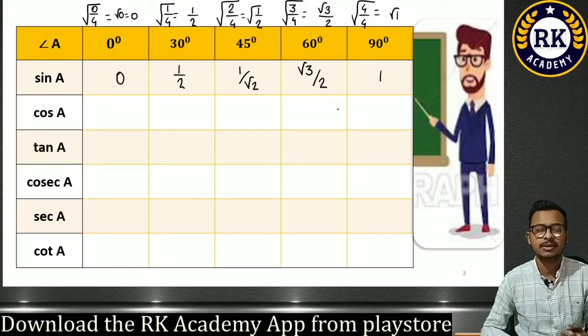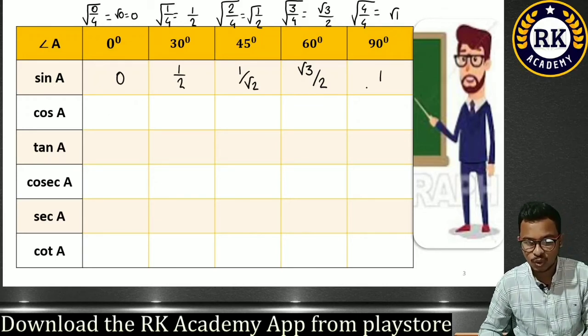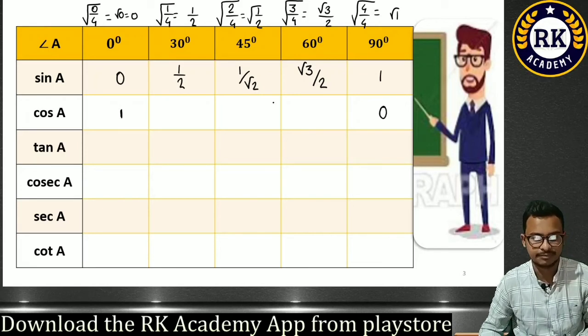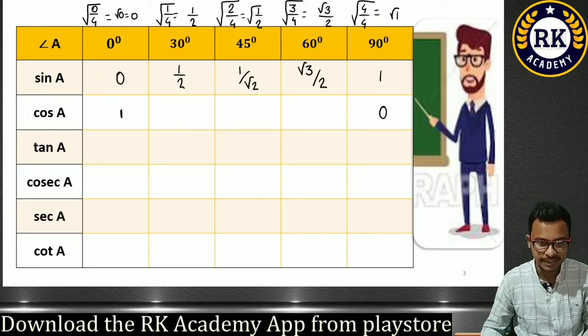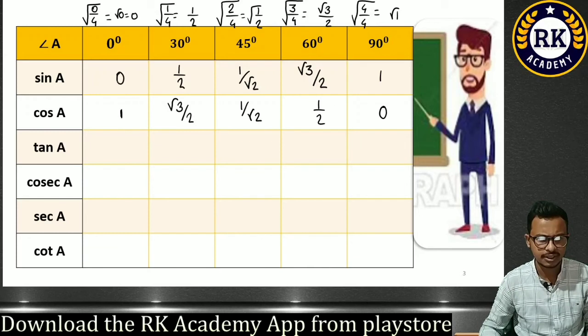Now you are done with part 1, which is the main and important thing. When you fill the next part, see, it's very interesting. Now this 1 will come here, the 0 will come here, and root 3 by 2 will be here. Other thing, this will be 1 by root 2 as it is, and this 1 by 2 will be here. I have just shuffled the order: 0 goes here, 1 comes here, root 3 by 2 comes from here to here, then 1 by 2 comes from here to here. It will be like this.